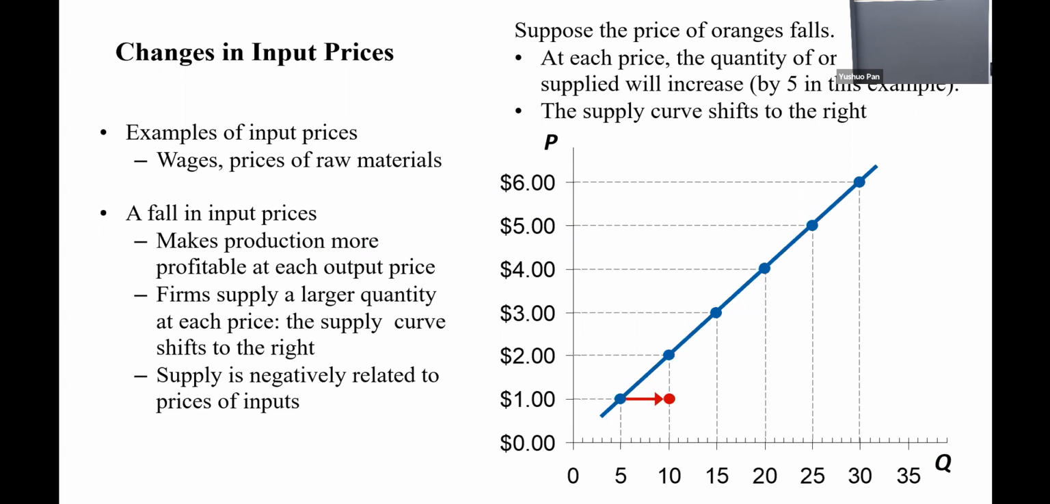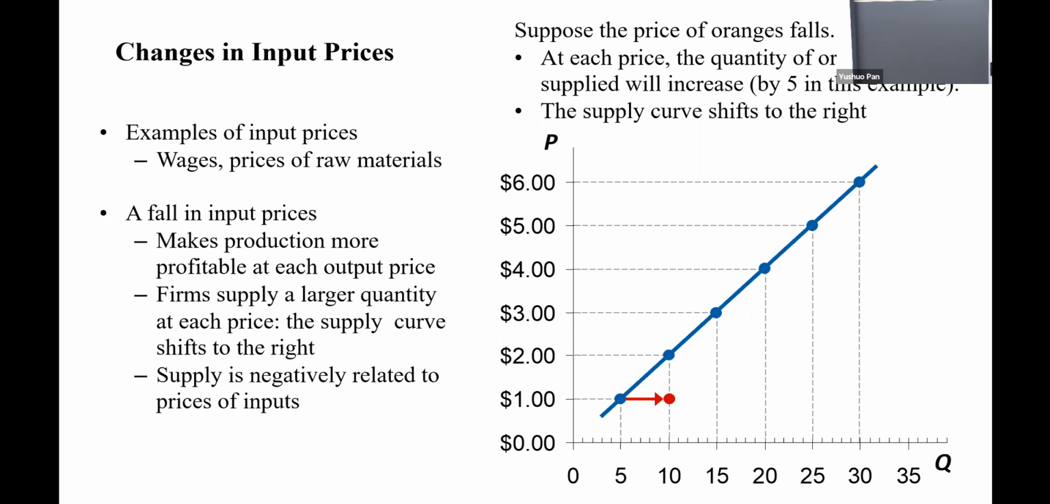Changing input prices. For example, input prices could be the wage, the price of raw materials, the rent, anything that is an input. A fall in input prices makes production more profitable at each output price. That's easier to understand. If I have a cheaper input with a limited amount of money or cost, I can